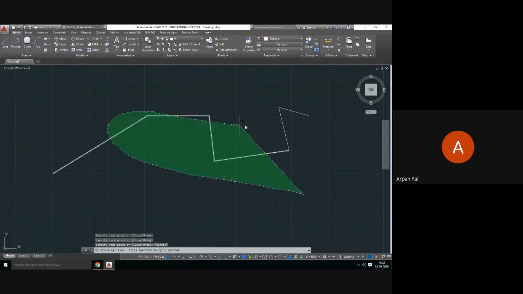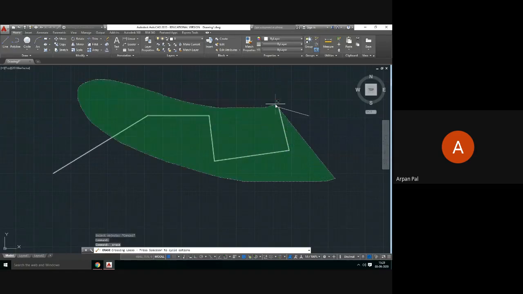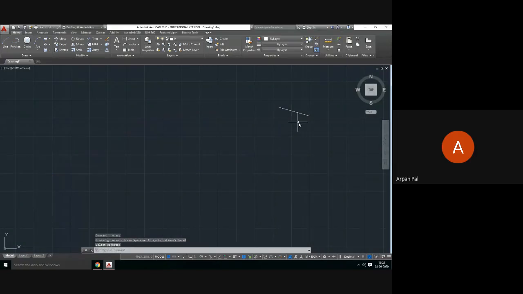So suppose you need to draw a line. Obviously this arbitrary drawing will not serve your purpose.